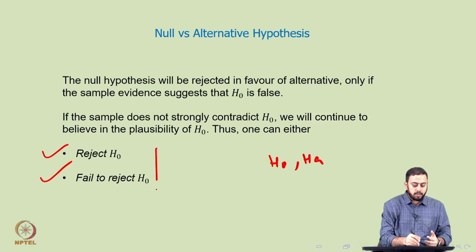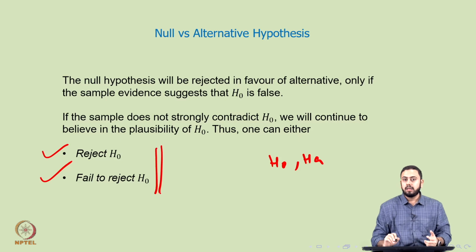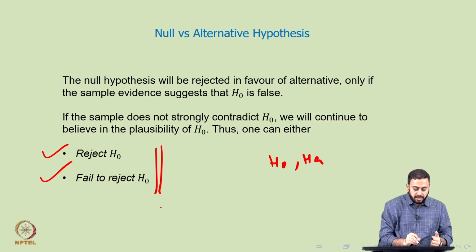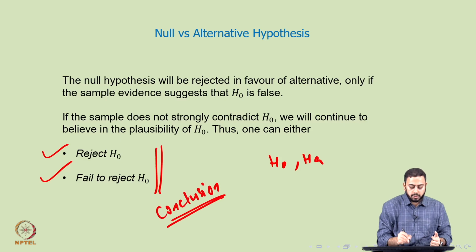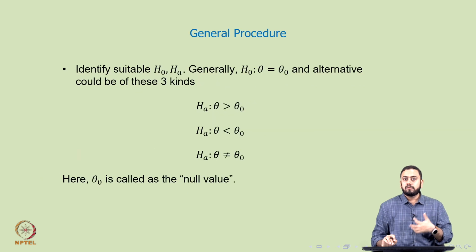So, these two are pretty standard conclusions that one can make from any hypothesis testing process. I should write it down here that this is, in fact, the concluding step or the final conclusion of the test. Alright, so how do you generalize this? Now let us not get into some p, some mu, or some sigma square, but how do you create a general procedure?